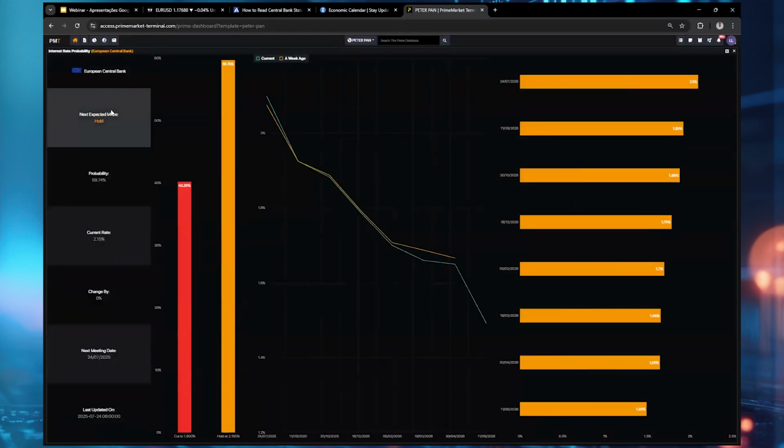And we already have the European Central Bank, that's the ECB. The expectations are 59, well, let's say 60% that they're going to have no changes, okay? What is more interesting is by end of this year, the market is sort of pricing another 25 basis points, okay?